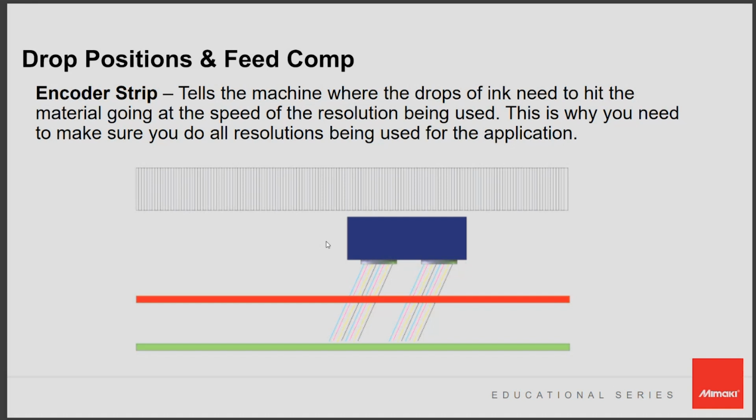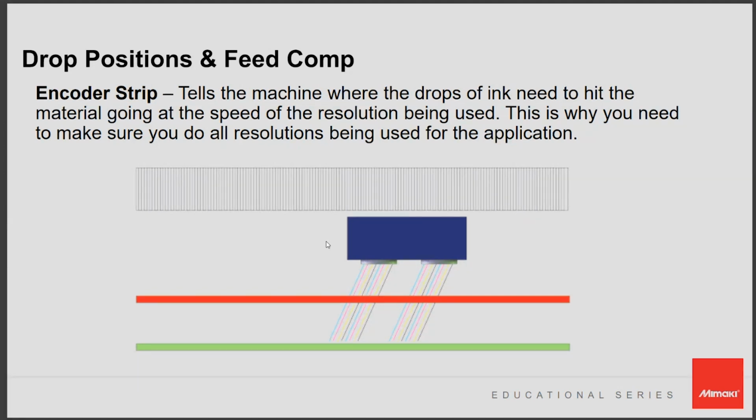The encoder strip basically tells you where the ink needs to be dropped based on where the carriage is. Your encoder strip is going to be along the Y bar, where the carriage travels across. The reason I want to note this is that over time, I would say several years, if you're not